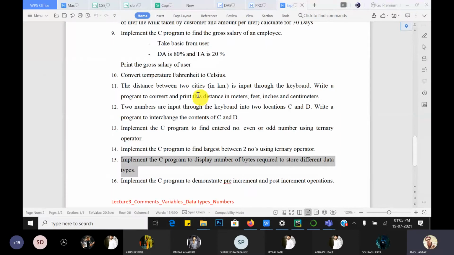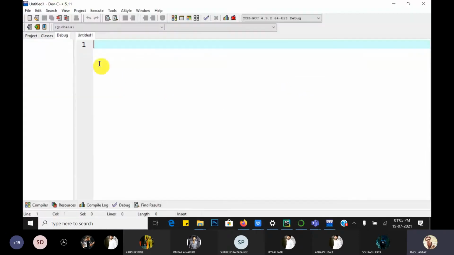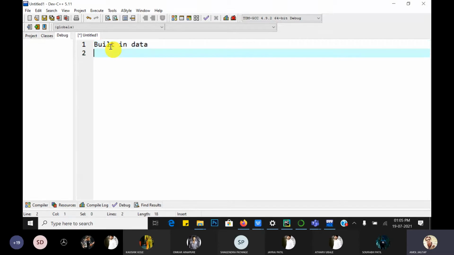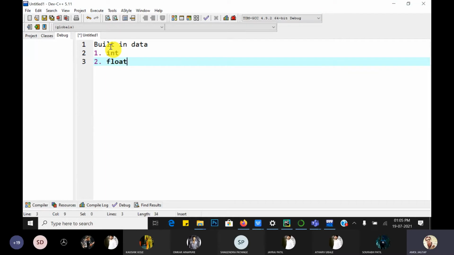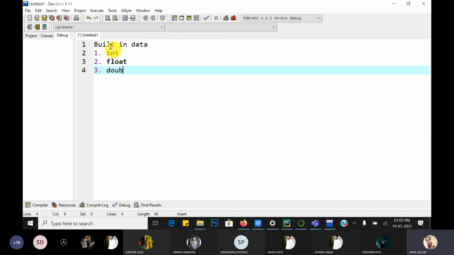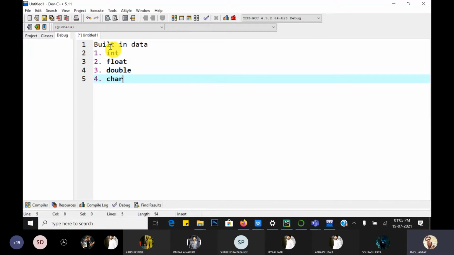So in C language, there are different data types. First is the built-in data type, which we have already seen. What is meant by built-in data types? In the built-in data types, first is integer, second is float, third is double, fourth is character.